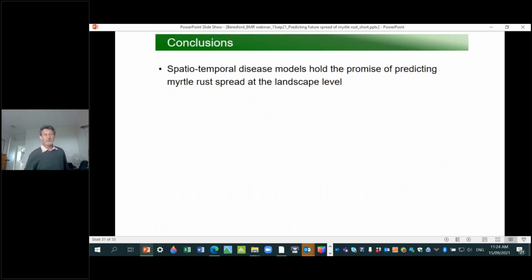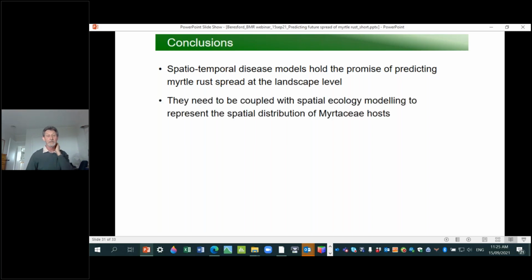So just to conclude then, spatio-temporal disease models hold the promise of predicting Myrtle Rust spread at the landscape level. And this is a new area which hasn't been looked at, and I think is really going to be needed for our in-depth understanding. They need to be coupled with spatial ecology modelling to represent the spatial distribution of Myrtaceae